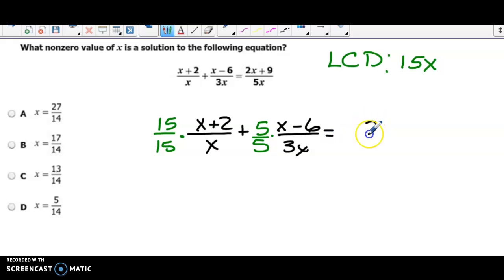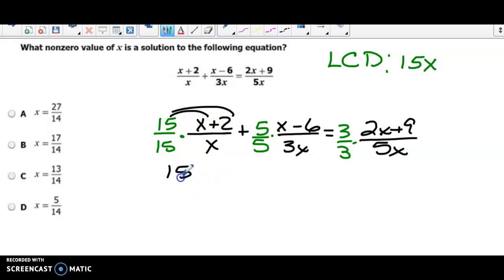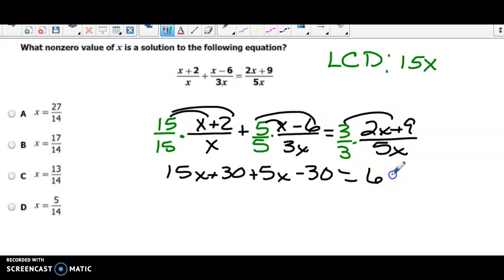And then at the end, we've got 2x plus 9 all over 5x. Again, what does my common denominator have that this denominator is missing? It's only missing a 3. So we're going to multiply the top and the bottom by 3. So we're going to use our distributive property here. And we get 15x plus 30, plus, distributive property here, 5x minus 30, is equal to 6x